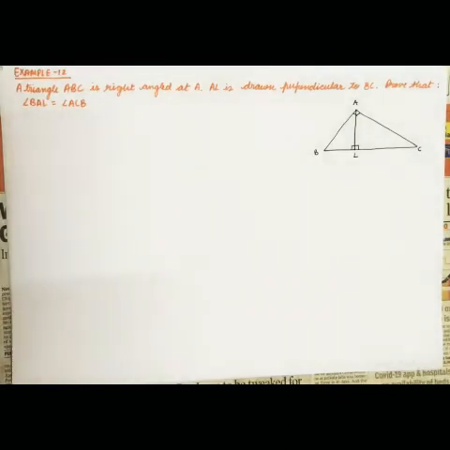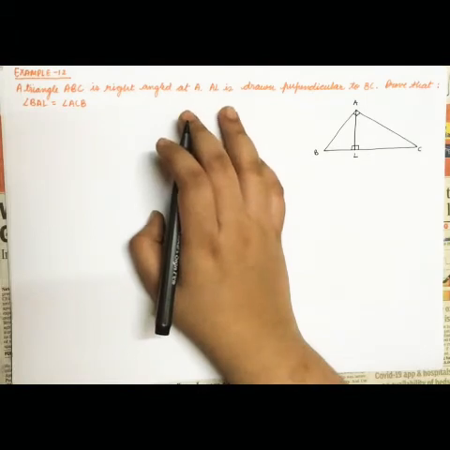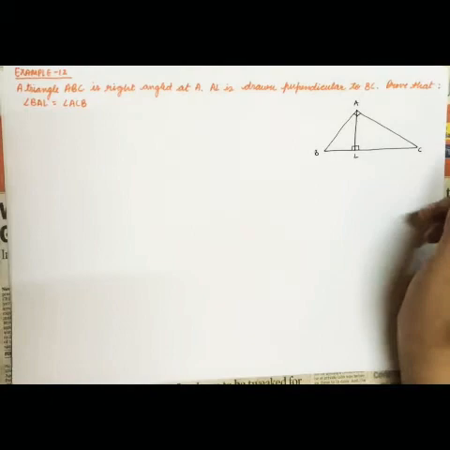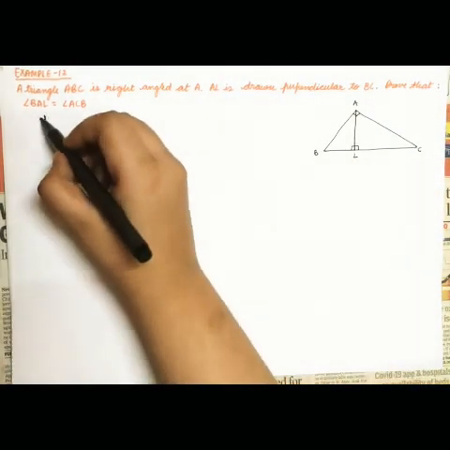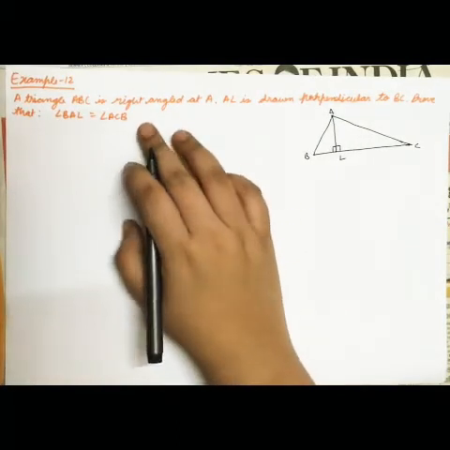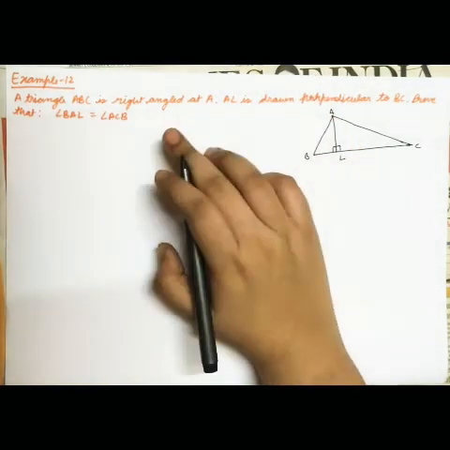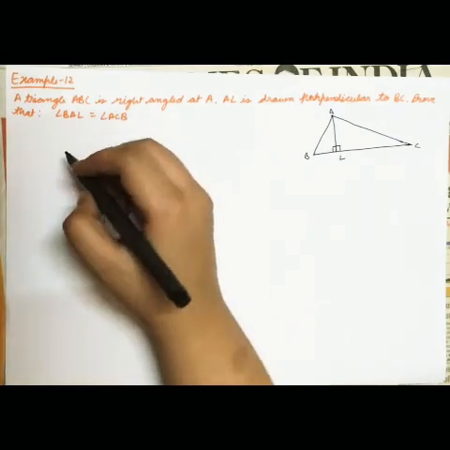Now example number 12. It says that triangle ABC is right angled at A and AL is drawn perpendicular to BC. We have to prove that angle BAL is equal to angle ACB. So in this we will start with in triangle